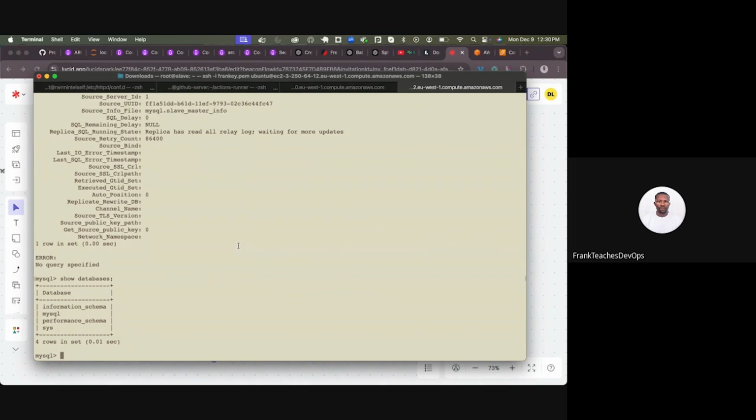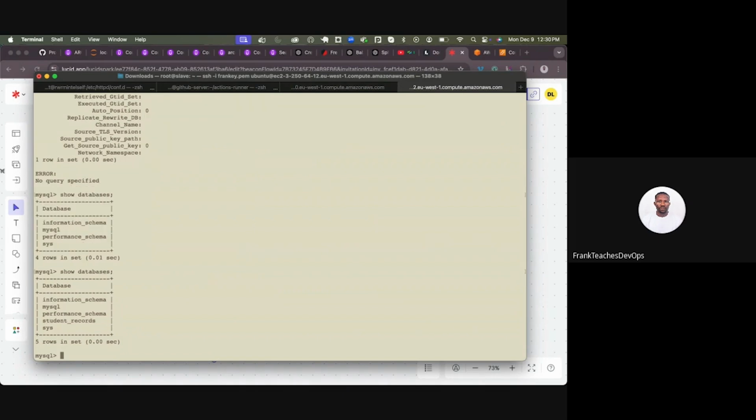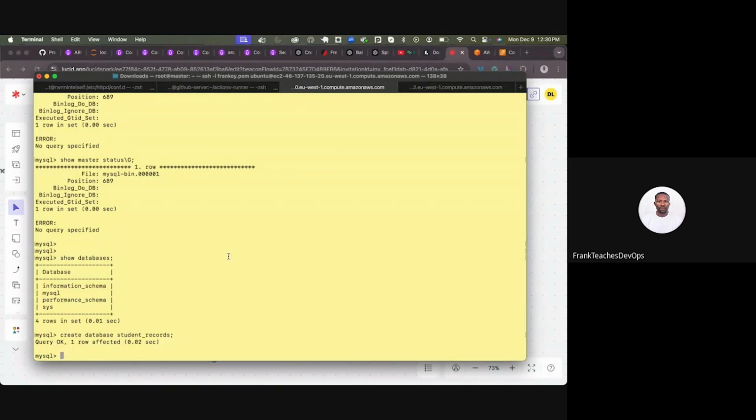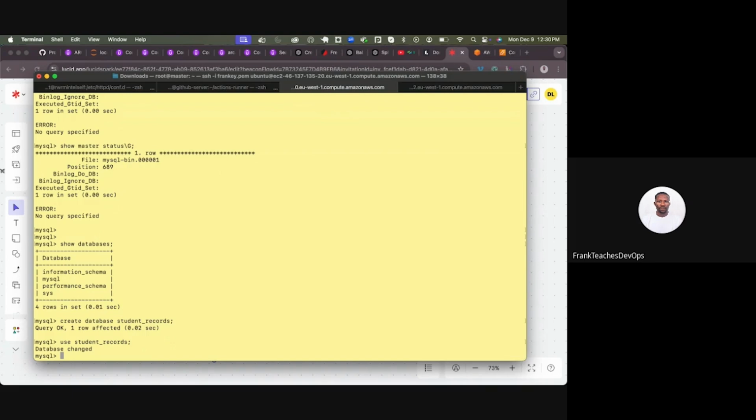Let's see if this database has been replicated. So I'll say show databases. You can see automatically this database was replicated instantly. All right. Now let's go back to the master. On the master end, I can now say, okay, let's insert data. So use student_records. I'm switching to the database. Now create table student